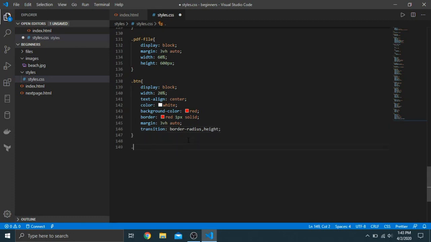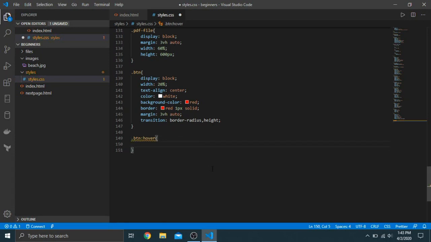And so for transitions, they work differently from animations because they're not done automatically by the actual program. So what you have to do is, if you had an ID, you would just do colon, you can do hover. You can do active, which means when it's clicked. There's different ones. So for the class of button, let's do hover to show you that. And so we also want to do a transition